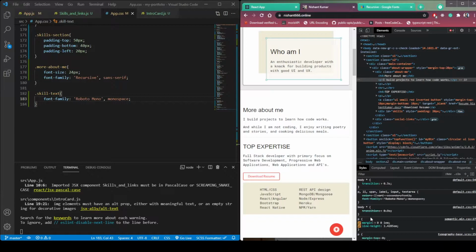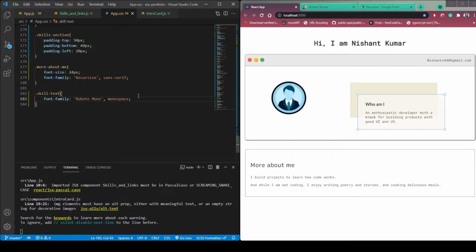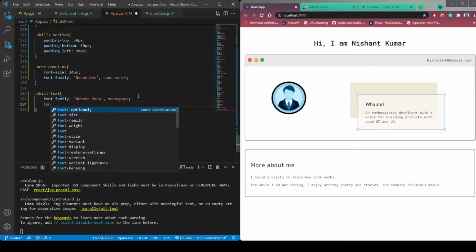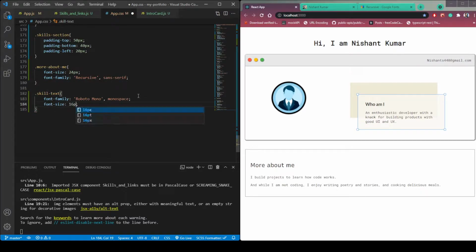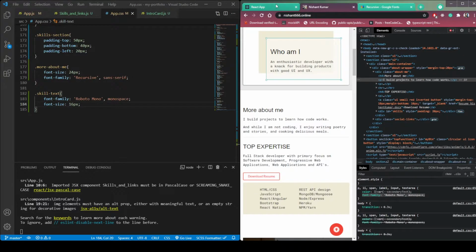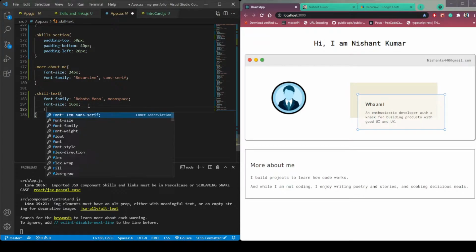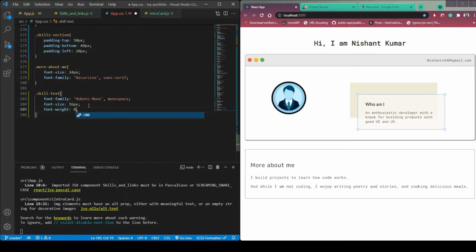Now we need to change the font size. So let's say make it 16px. So font size 16 pixels. Also let's change the font weight. So font weight, let's use 600 or let's use 500.